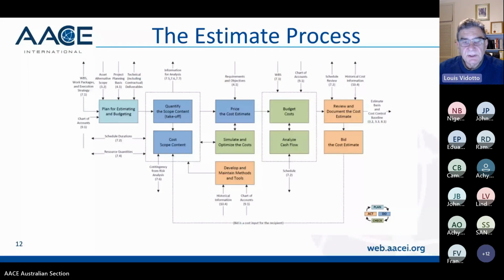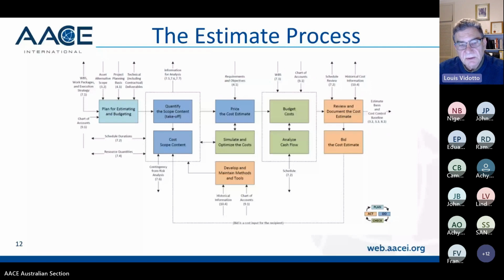So the AACE, again in the total cost management, have put together one of the charts they do. It's based on plan, do, check, act. So this estimating process I've just taken out of total cost management. So it's worth going into the total cost management and having a look at it. But again, they talk about plan for estimating and budgeting, quantify the scope, cost of scope content,